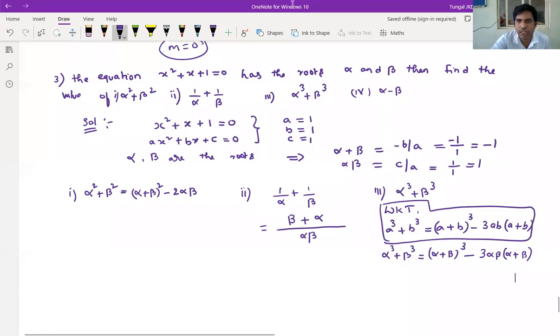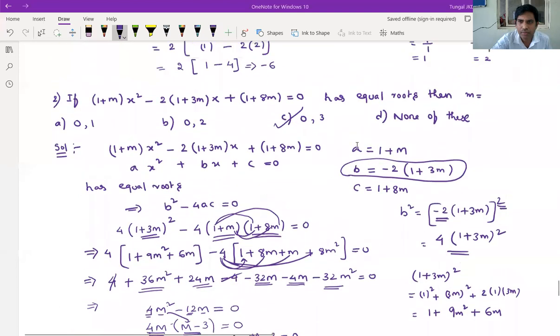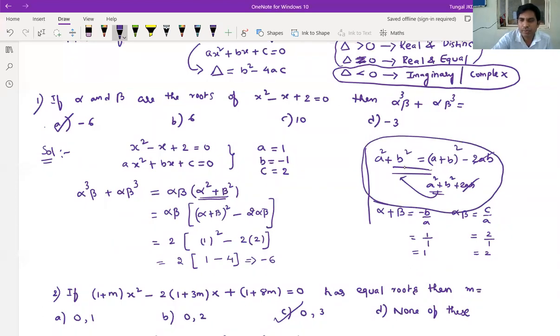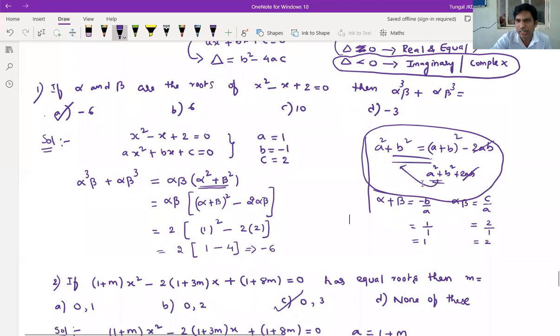In the chat box, some of them said, sir, how is a square plus b square equal to (a plus b) whole square minus 2ab? Already I wrote it in the previous problem, right? (a plus b) whole square minus 2ab. Once observe, I will just share the screen. Here it is, see? a square plus b square is nothing but (a plus b) whole square minus 2ab. (a plus b) whole square is nothing but a square plus b square plus 2ab. Plus 2ab minus 2ab cancel means that one only will come, right? That's why.